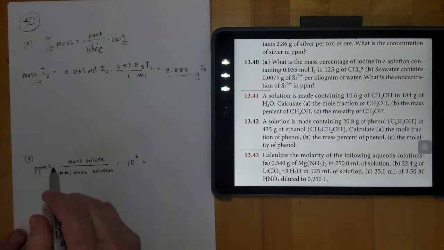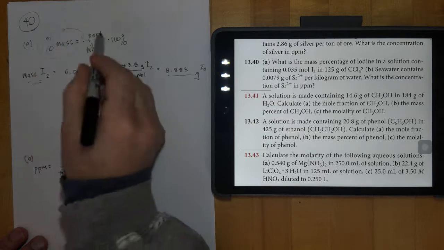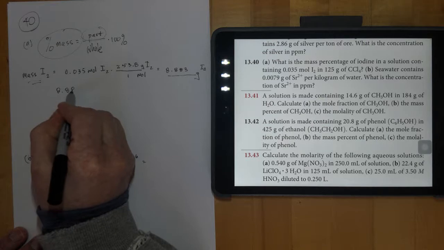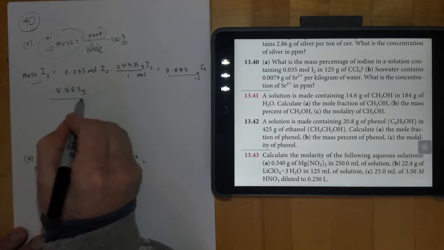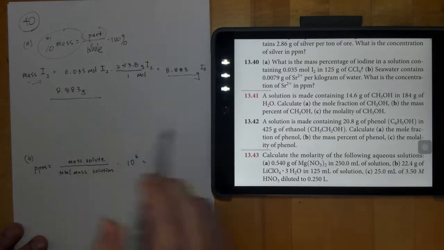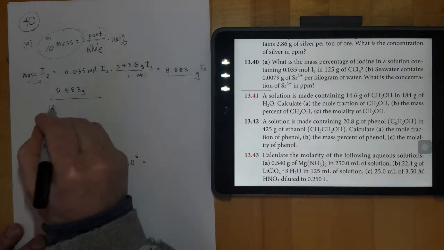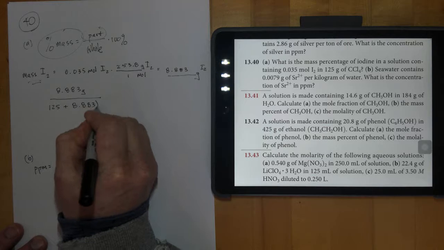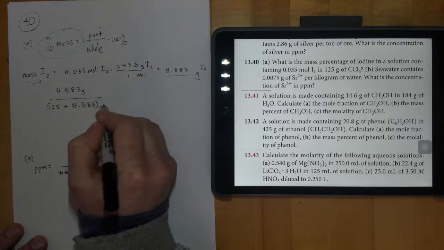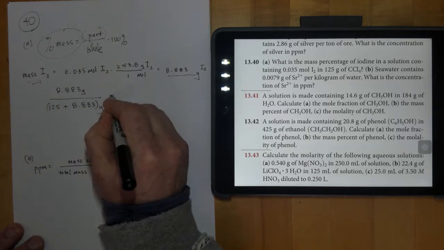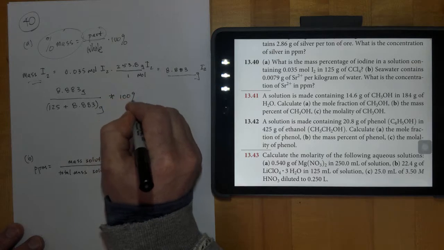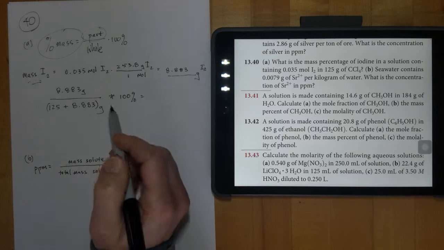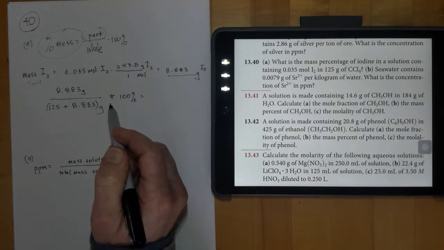Now, to find the mass percent, we would take the part that's iodine, which is 8.883 grams, and then divide that by the whole thing. And the whole thing would be 125 grams plus 8.883 grams. So part divided by whole times 100%. And so then take and divide those two guys, multiply by 100 at the end, and we end up with